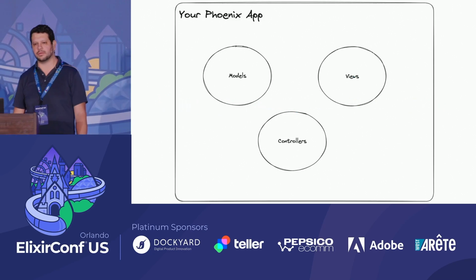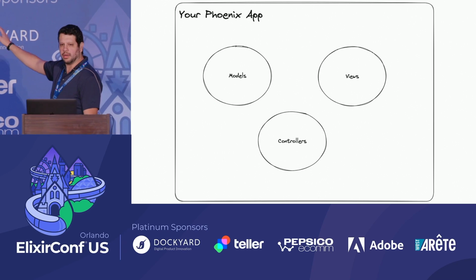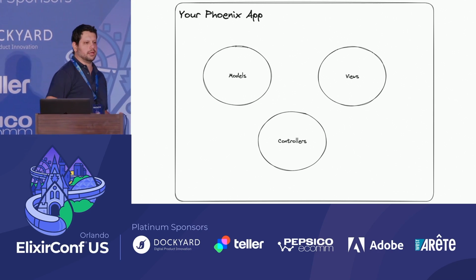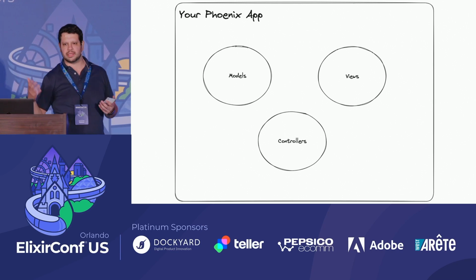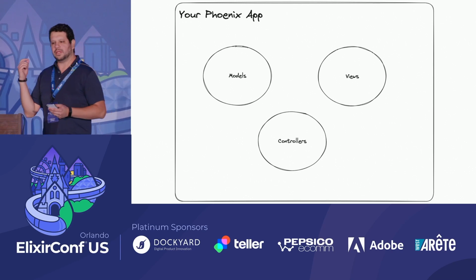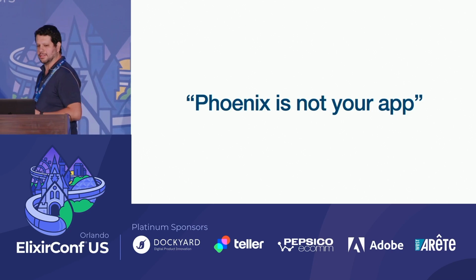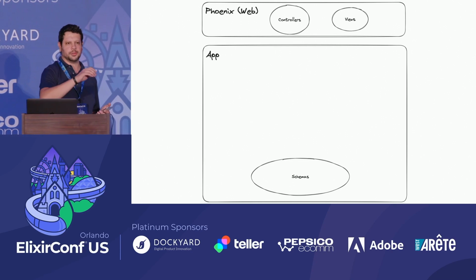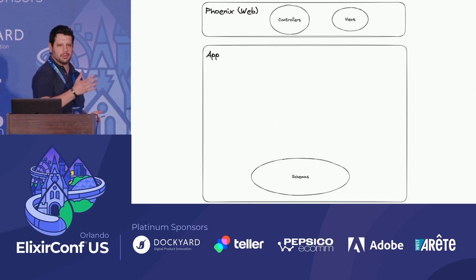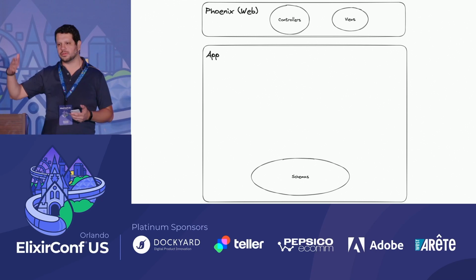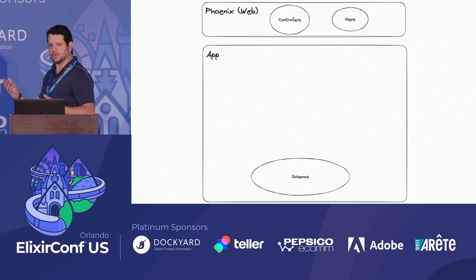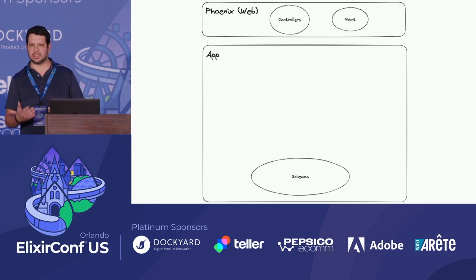So if you go back to Phoenix 1.2, we had our Phoenix apps that were like this, right? Model view controller type pattern. If you come from Rails or Django or anything like that, this is very standard, right? But in Phoenix 1.3, they kind of made this stance on Phoenix is not your app, right? And so that transformed this into, we have our web layer. That's why we have my app web, right? And it had controllers, views, templates, and then LiveView came in later. And we had an app, which is a core business domain, where we have the schemas and presumably some other